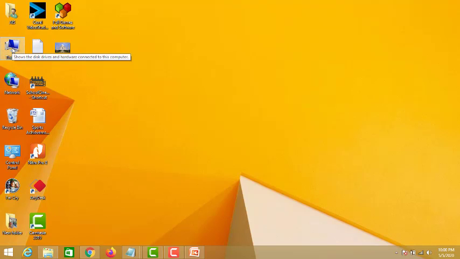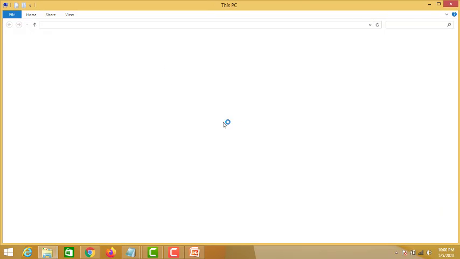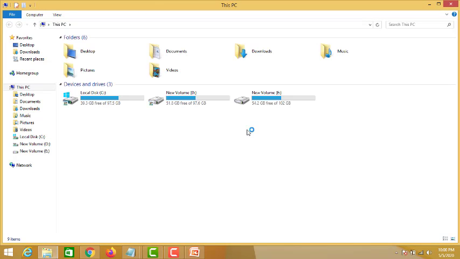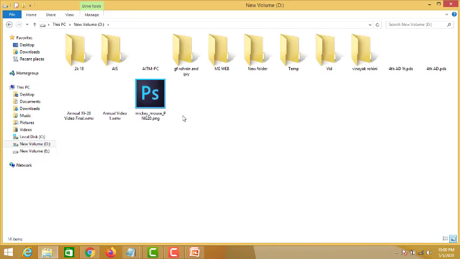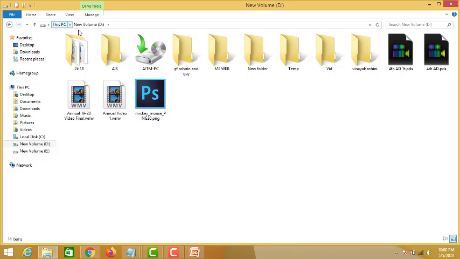I'll go to this PC, I'll double click on D drive. I have the image, the PNG Mickey Mouse picture here in the D drive.